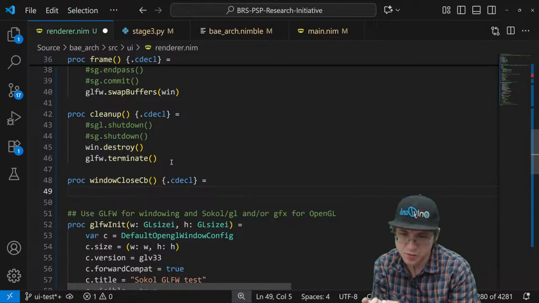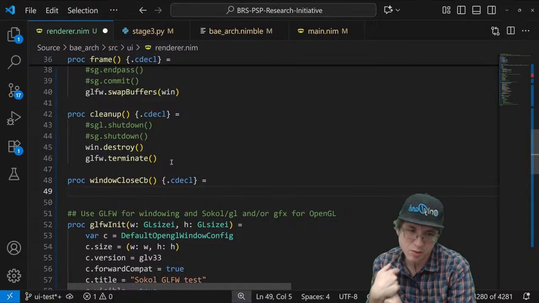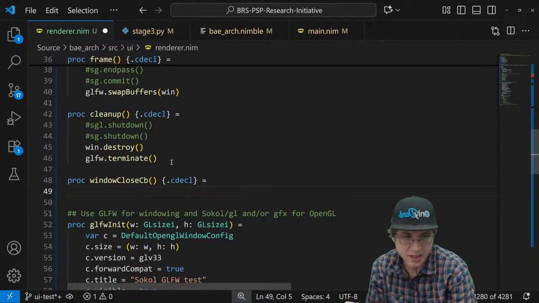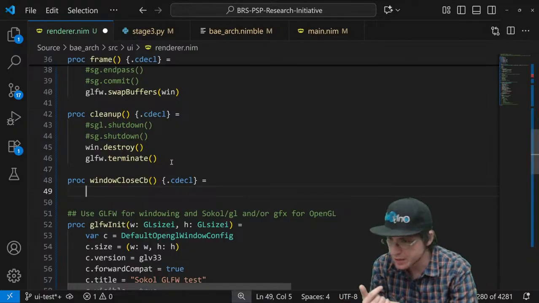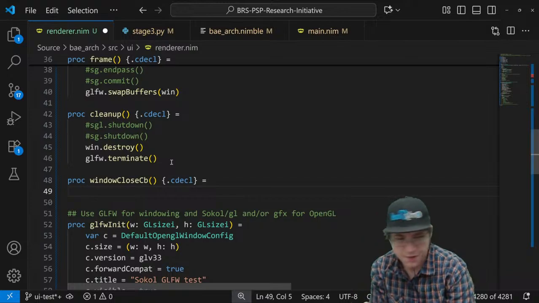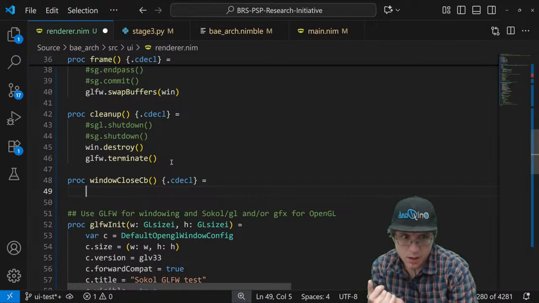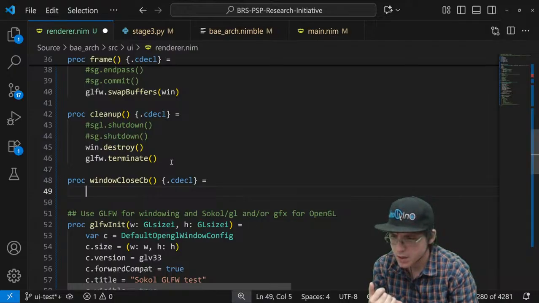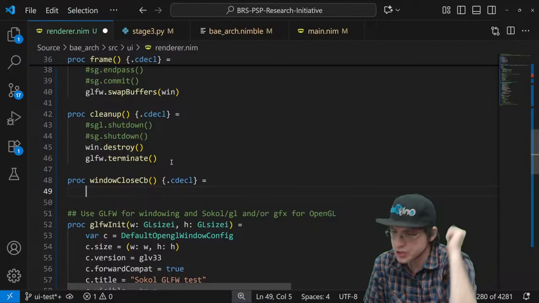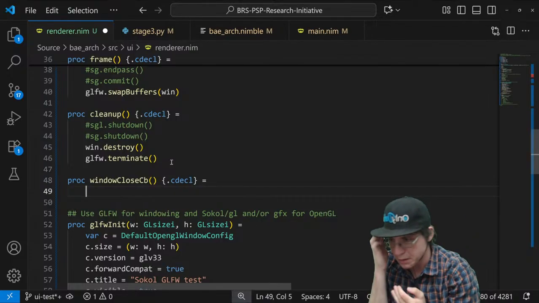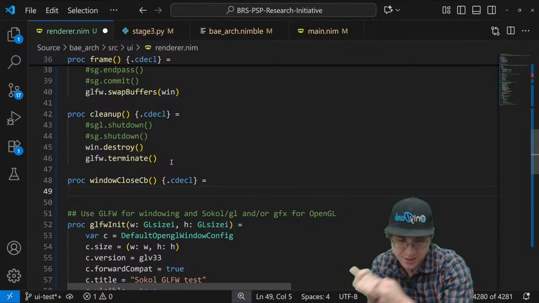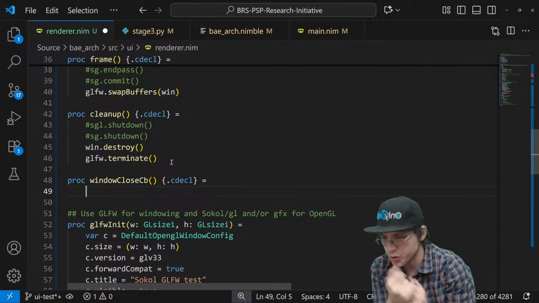May not have to do C declare here, but I'm going to anyways. I'm still not fully sure what that's for yet, other than the FFI, foreign function interface. Is that what I believe that means? Basically, that's just how it reads C code into Nim, and how it takes Nim code and passes it to C code or a C library.